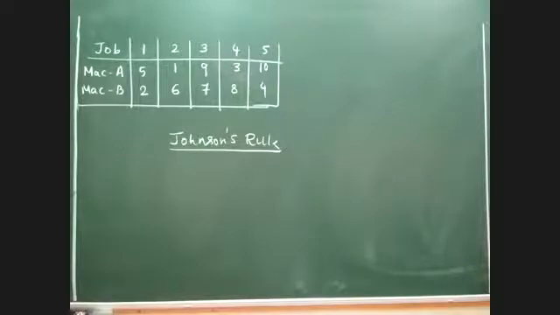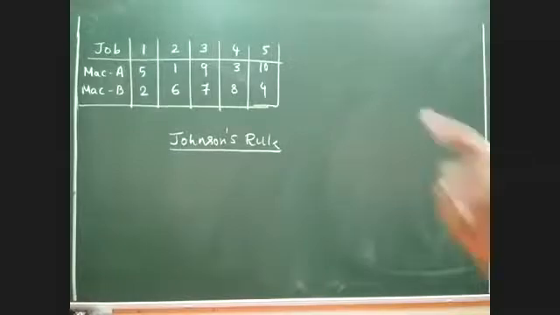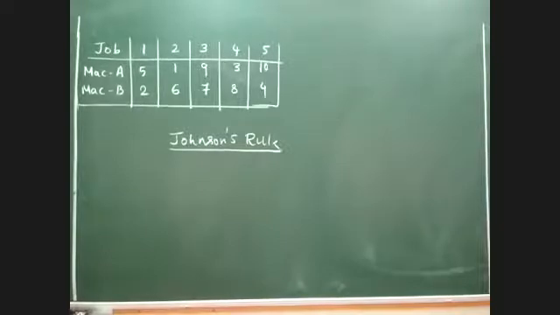The mechanism by which we decide in which order the jobs have to be processed is called Johnson's rule. Johnson's rule will tell you which job has to be processed first, second, third, fourth, fifth and sixth. Without deciding the order of the jobs, you are not supposed to calculate further things. Have you all understood what Johnson's rule means, everyone?